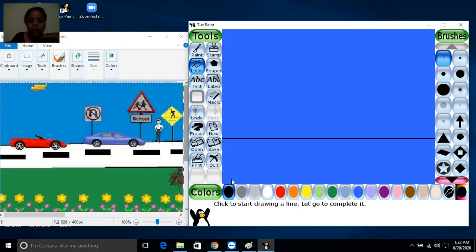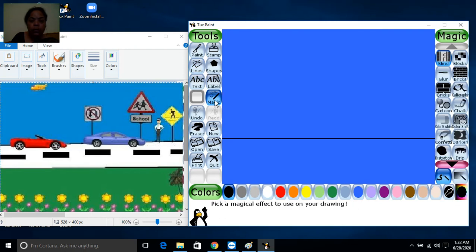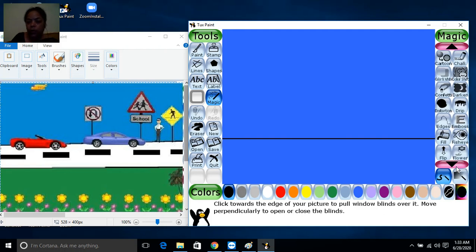Now I will fill green color here. So to fill the color in the bottom patch, I have to click on magic tool. Here you can see the magic tool is here. When you will click on this magic tool, at the right side you will get so many magic tools. So from here you have to select the fill tool. Fill magic tool. I am not getting the fill magic tool here, so I have to click on this downside arrow. When I will click on this downside arrow, I will get the fill magic tool.